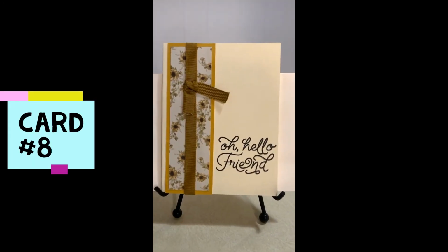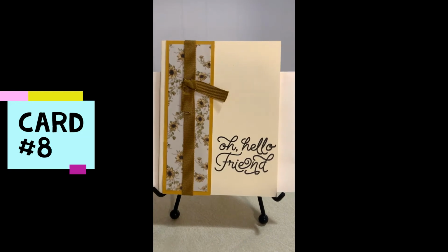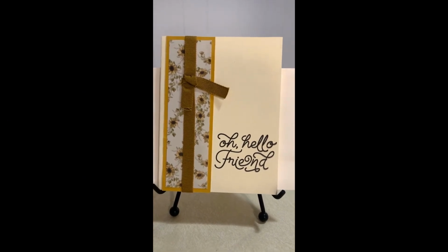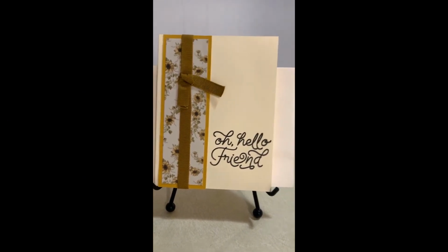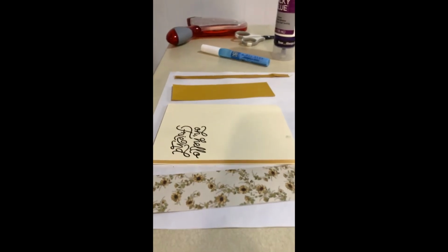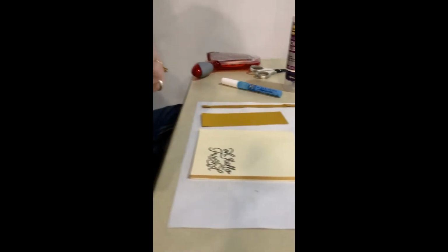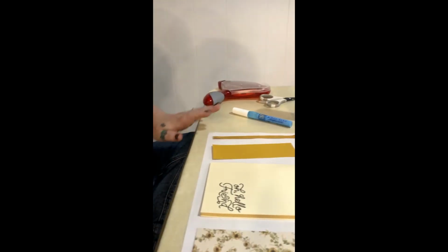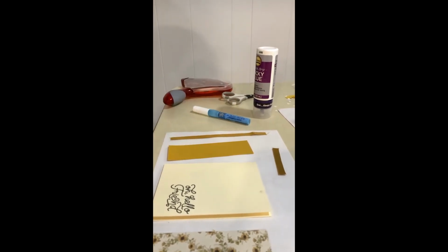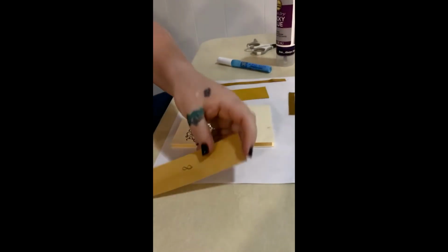This is card number 8. It's just a little hello if you're wanting to send something to your friends just to let them know you're still around. With this card, you're going to get your base card that's Oh Hello Friend, and you're going to use your pattern paper that's marked number 8, and you're going to get some ribbon. So to start with, once again, I'm going to attach my pattern paper